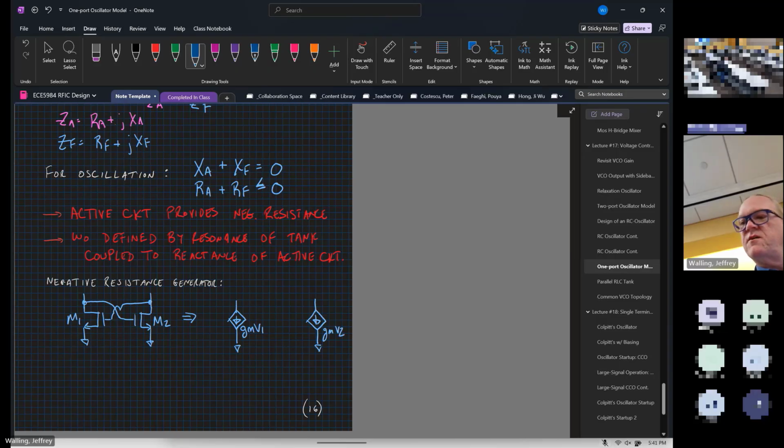And the voltages that are developed across these are due to the opposite gate. So this will be V2, and this will be V1. That's this cross-coupled connection between the drain of one side and the gate of the other side. Now, if we put a test voltage source across the circuit with a voltage of Vx,